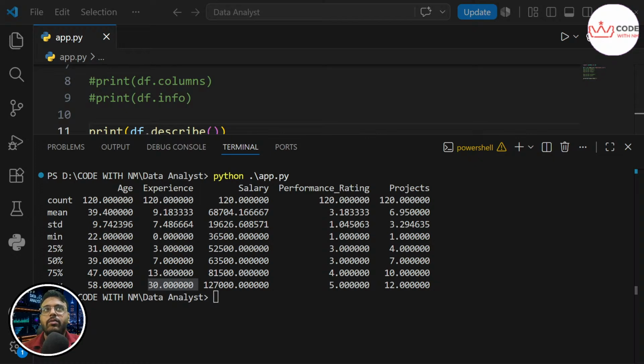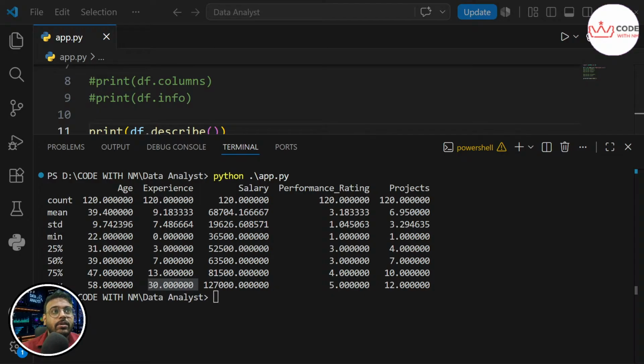Okay, I was explaining STD, which is nothing but standard deviation. If you're not aware of what standard deviation is, it tells us how spread out the values are.